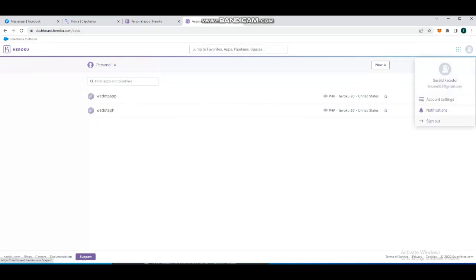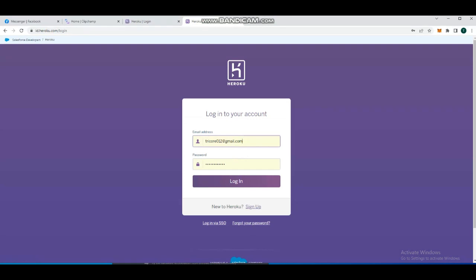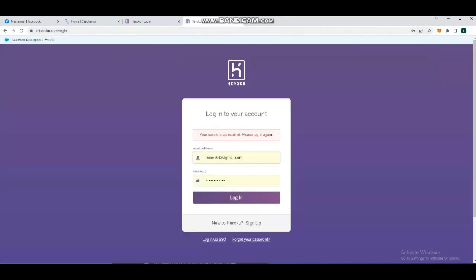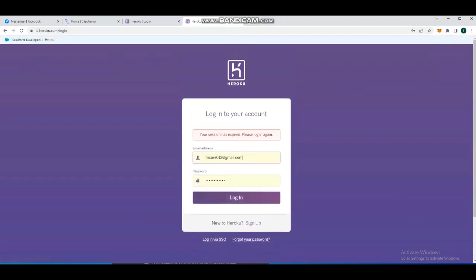Obviously I just need to sign out first, okay, for me to give you everything. Alright, so you can see here, actually you cannot, but this is the default that you can see. I don't know why it's not going there, but yeah, obviously if you are in heroku.com/login,